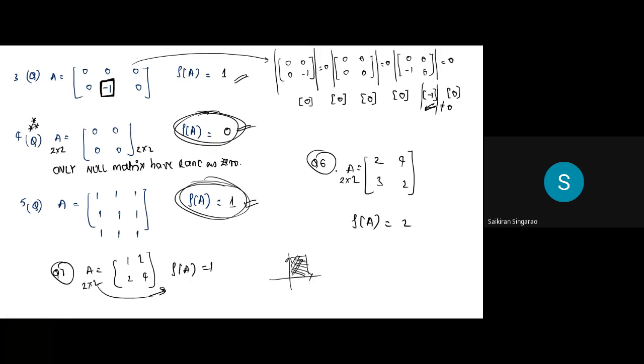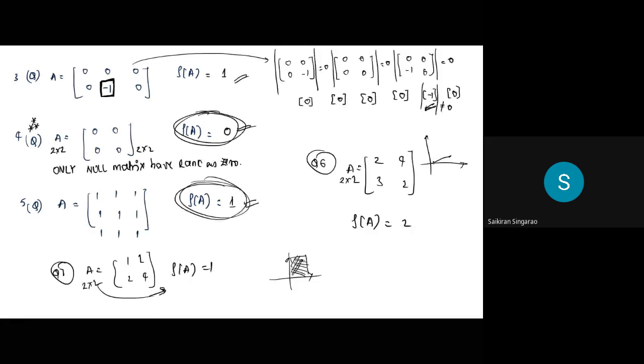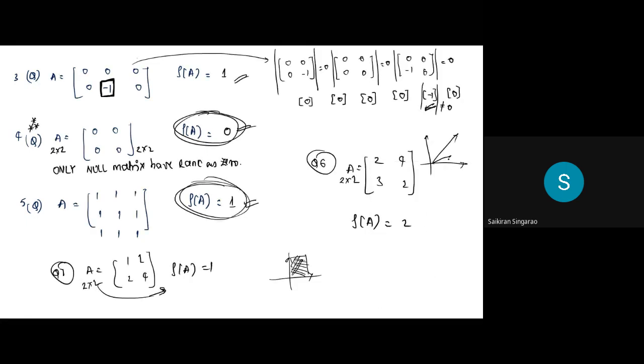If it's a 2 cross 2 matrix and its rank is 2 here, this also a 2 cross 2 matrix, its rank is 1 here. This also a 2 cross 2 matrix, its rank is 0 here. The meaning is, if it's a 2 cross 2 matrix, it needs 2 dimensions to be shown. For example, if you really want to show this 2, 3, say this is 2, 3, and say this is 4, something like this. So what is this space which it has covered in this 2D? This is the space which it has covered. So you need a plane or a sheet to show this 2 cross 2. That's why the rank is 2. It has not lost any dimensions.